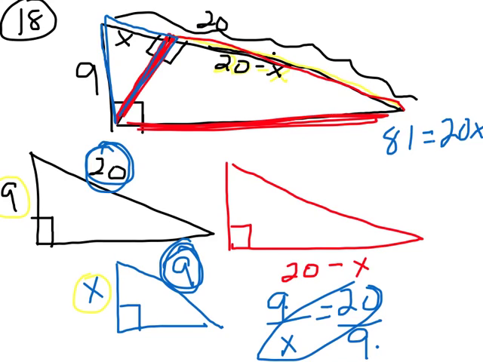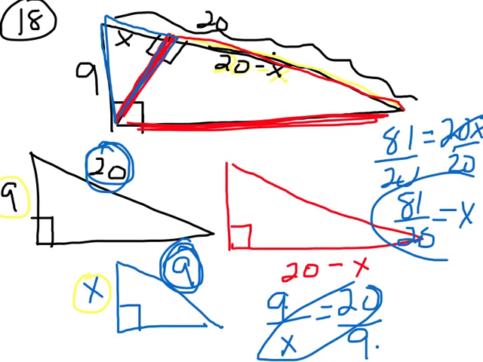So if I want to solve for X, I'm going to divide by 20 on both sides. So 81 over 20, that would reduce. Well, will it? No, because 81 is 3 times 3 times 3 times 3, and 20 is 2 times 2 times 5. They don't have any factors in common, so I'll just leave my fraction like that. 81 over